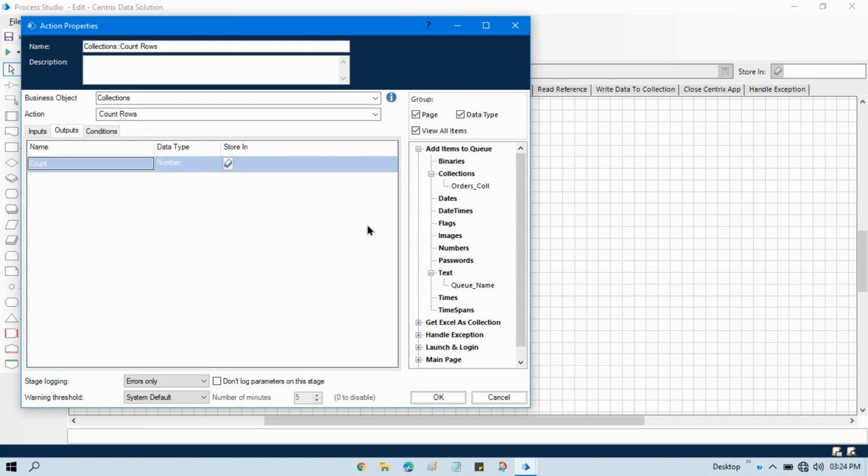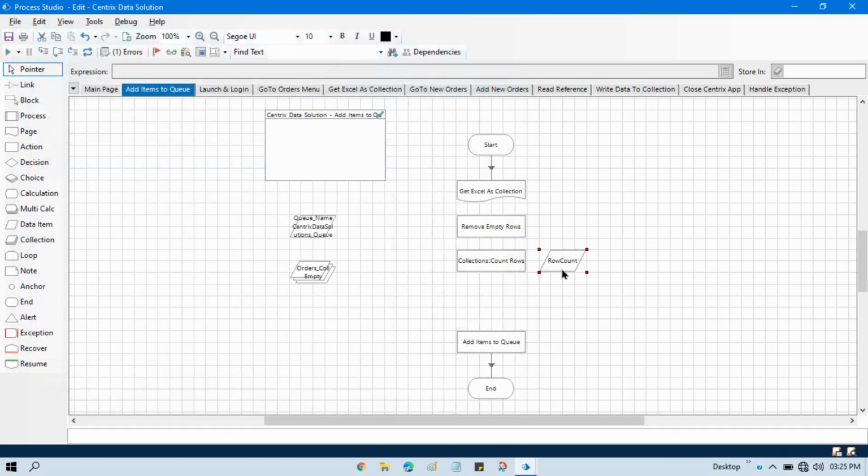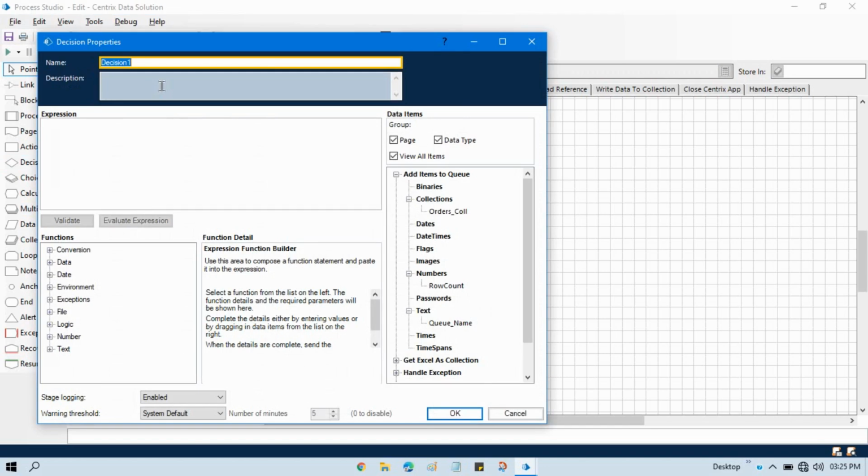You need to just put that collection name in the double quotation and then go to output and create one data item so that we can store that. So write here row count and then click on this, so it will create one data item row count here. Now what we need to do here, let me just link this one and then take one decision stage here so that we can check the condition like collection not empty. Then we'll check here if row count greater than 0, it means collection is not empty. Then